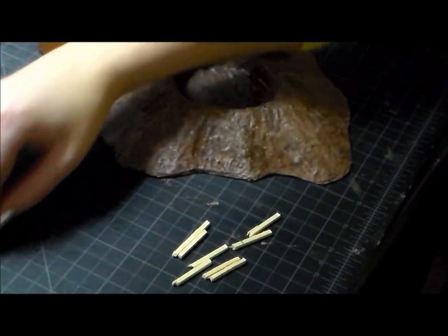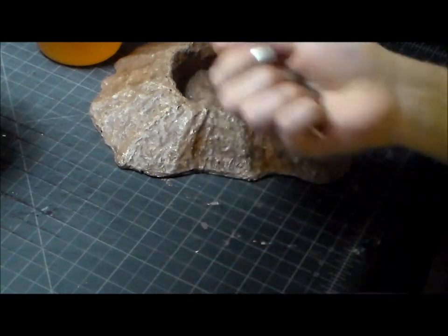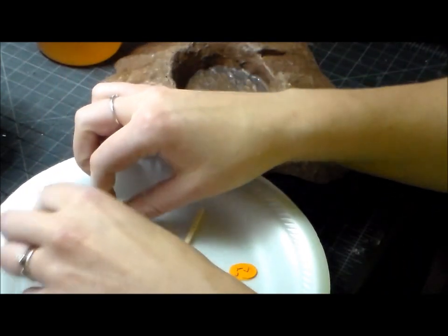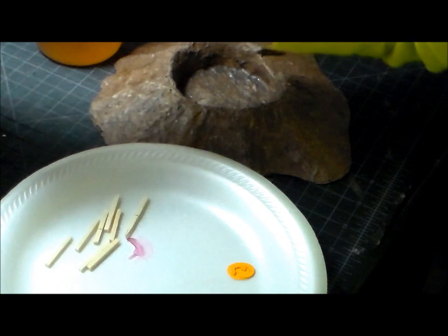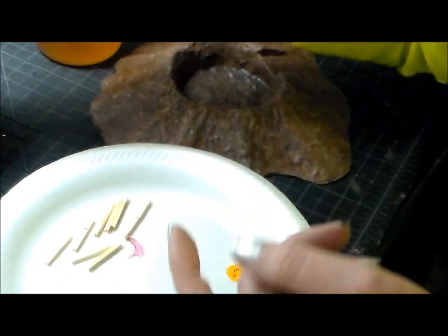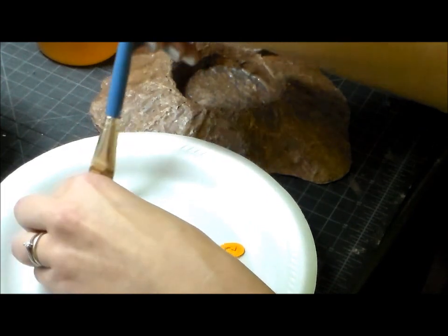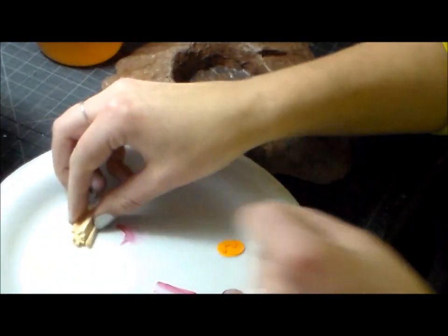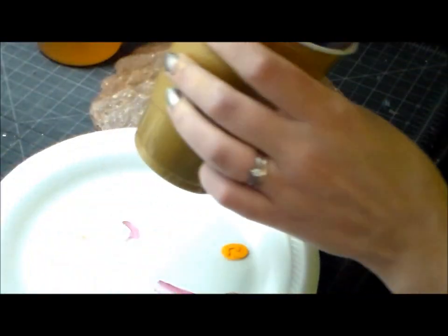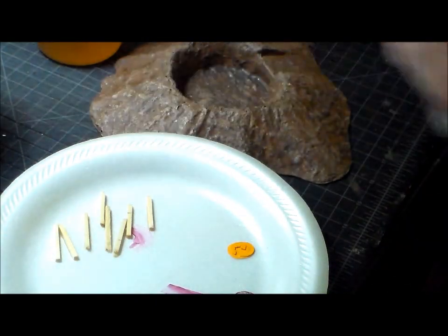So what I did for that was, I take my sticks, get something to hold them on here, and I get them pretty soaking wet right off the bat. You could just dunk them right into your water cup if you wanted to, which is probably what I'm going to do here. Save some time. Okay, so now that they're wet,